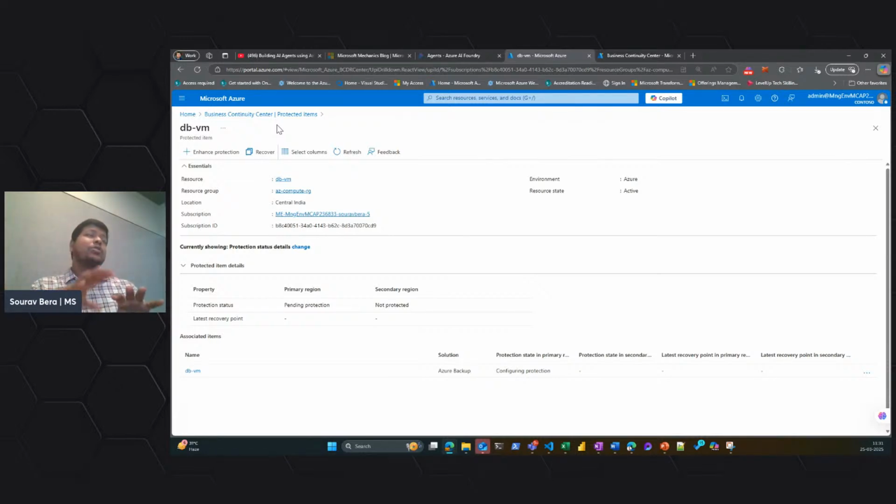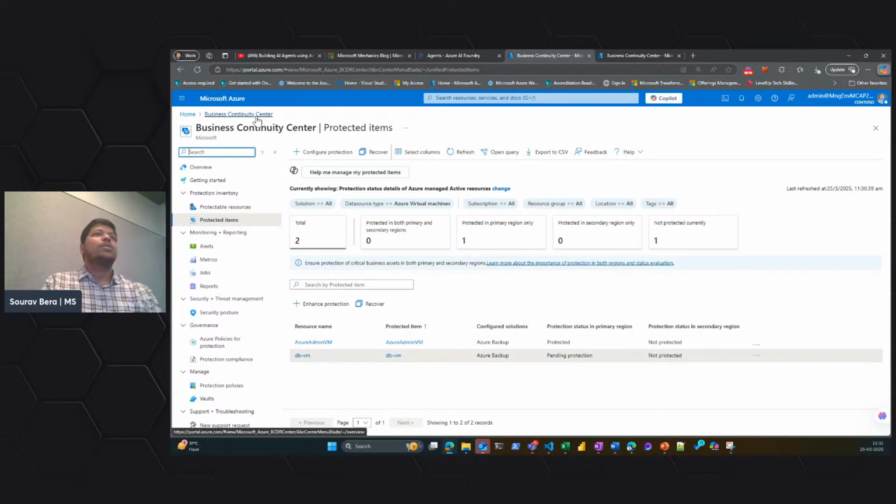A locally redundant storage means it is local to a data center. A zone redundant storage means the data is replicated across two zones and it is being managed by a recovery service vault. When you talk about the GRS, it is being replicated across two different regions. Think about Central India and South India as two different regions. So the data gets replicated across these two regions. So again, I'll just quickly